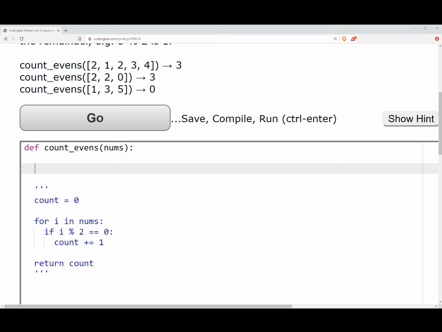So again, what we're dealing with here is lists. All right, so we give them this array, and one way to think about this problem is to go through this whole collection that we're given and apply the specific logic of, if every element I'm looking at as I get it has this constrained behavior, more accurately, if it's even. If the remainder dividing by 2 is 0, we know it's even, so if it's even, go ahead and count it. This is a very straightforward way to approach this problem. And again, that's fine,